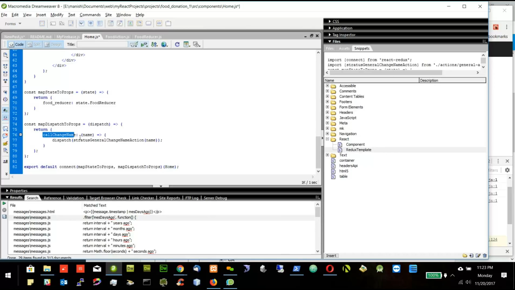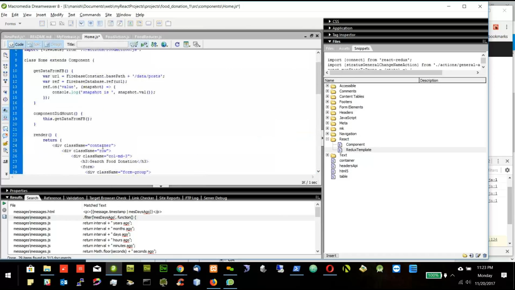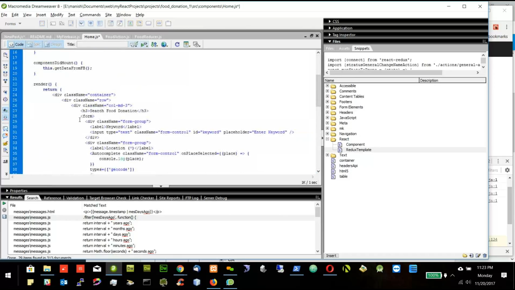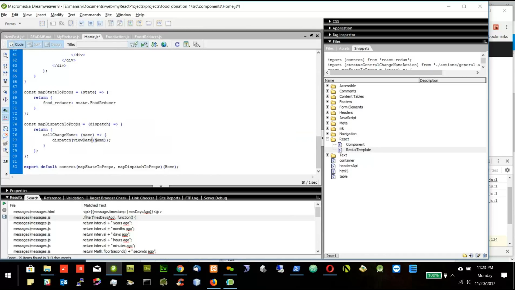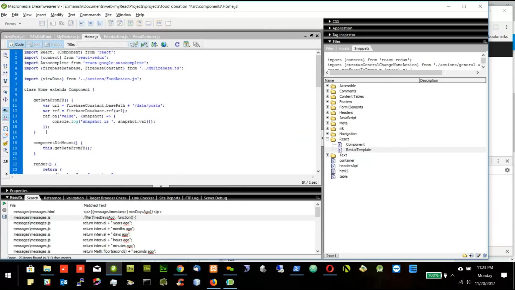If this is a custom function, I just have a dummy function. I have to call actually this function, view data. So I will rename this view data, and it will get some object, and subject will come from here. Here I will say maybe call view data, and I will pass here this.props.callViewData, and object will be nothing but,